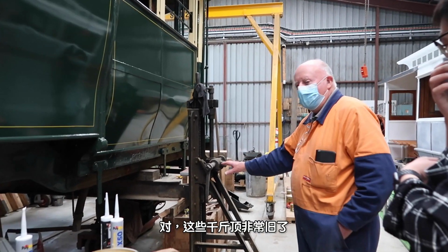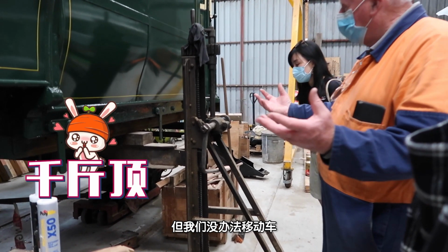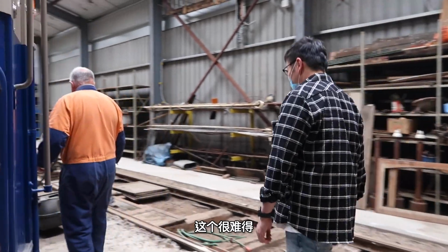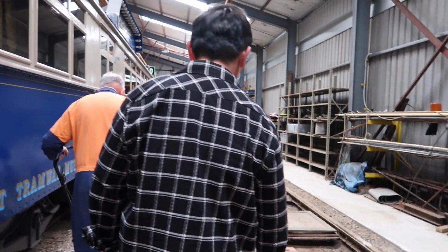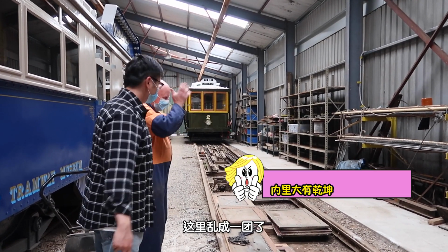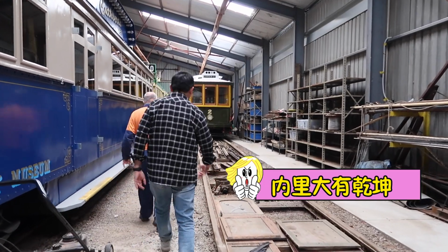Yeah, these jacks are very old, so we're allowed to use them to lift the tram, but we're not allowed to leave the tram weight supportive on those jacks. So we've actually got the more modern props sitting on it. 这个很难得有人愿意给我们分享。 Just stay outside. Come here this way. This is a mess. 小心。